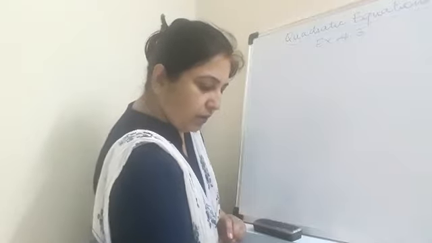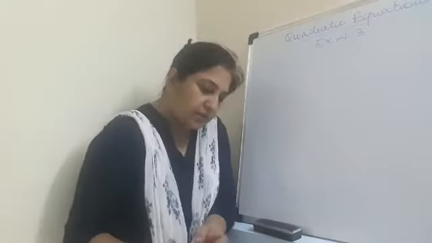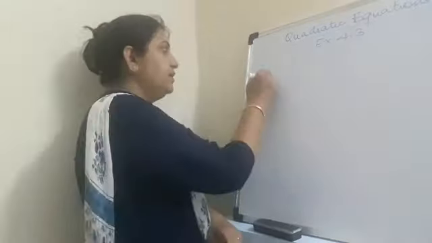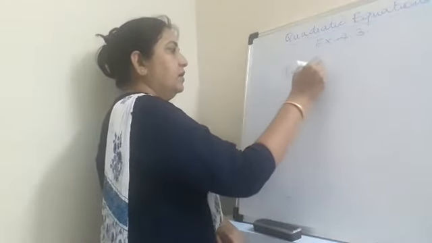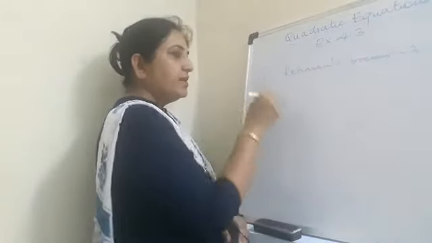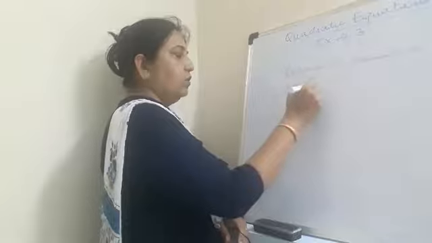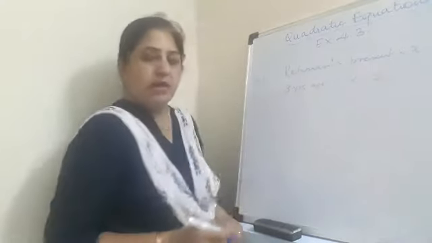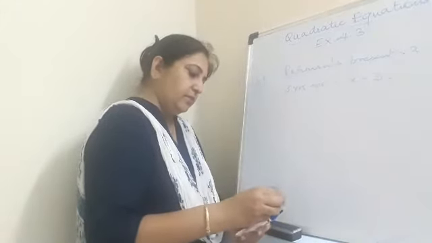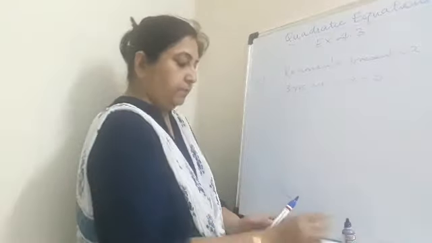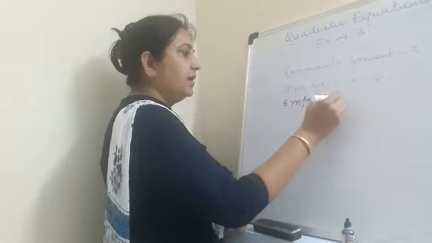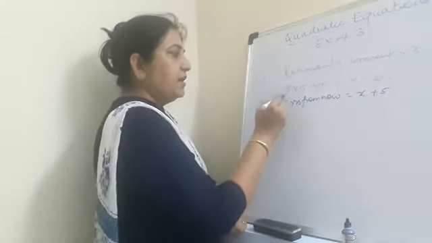Question number 4. The sum of the reciprocals of Rahman's ages 3 years ago and 5 years from now is 1 upon 3. Okay. Did you follow the question I said? Let Rahman's present age be x. Right. Now his age 3 years ago, what will be his age? x minus 3. As you know, for the age before the present age, meaning previous years, we have to subtract the given number. And 5 years from now, I will get x plus 5. So this is Rahman's age 3 years ago.